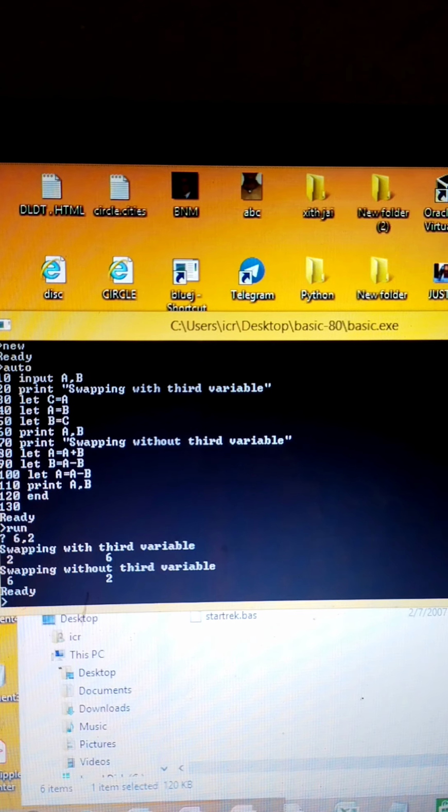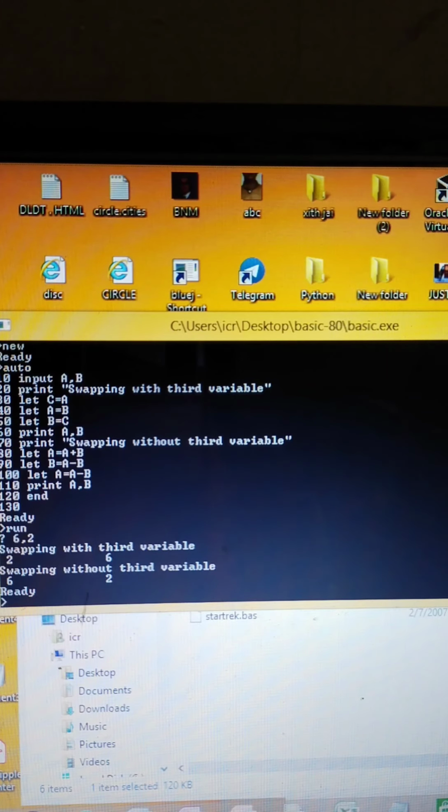That is 0, 1, 2, 3, 6, then 11, 20. What is Fibonacci? If you look carefully, the initial three values that we have got, 0, 1, 2, when added together will give you 3 as the fourth number of this series.